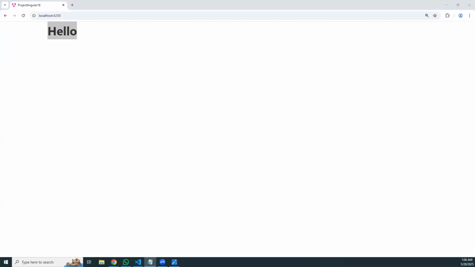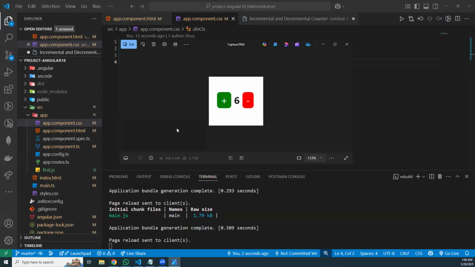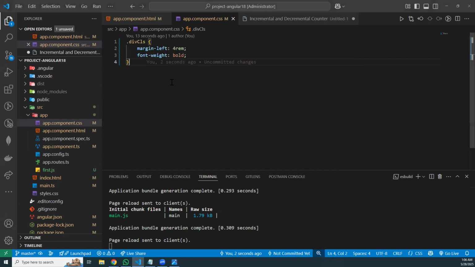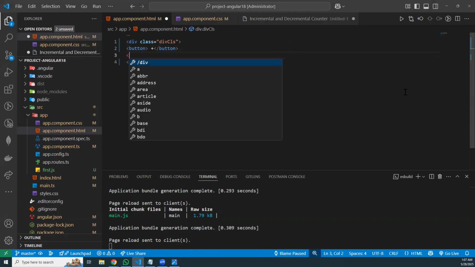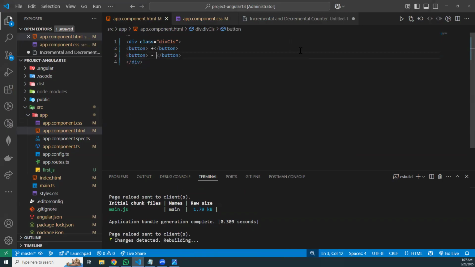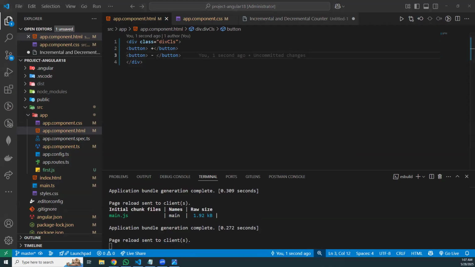Very good. Now I need to take two buttons, one plus and the other one minus. Yes, I go to the HTML. Here I am taking two buttons. I'm taking a button, adding a plus. After that, I'm taking one more button, that is minus. Save it. Now you can go to the browser. See,